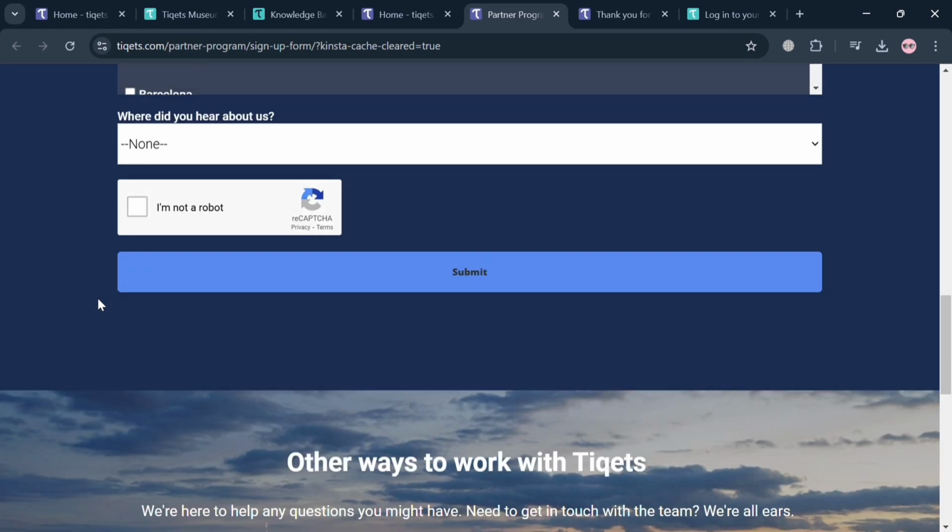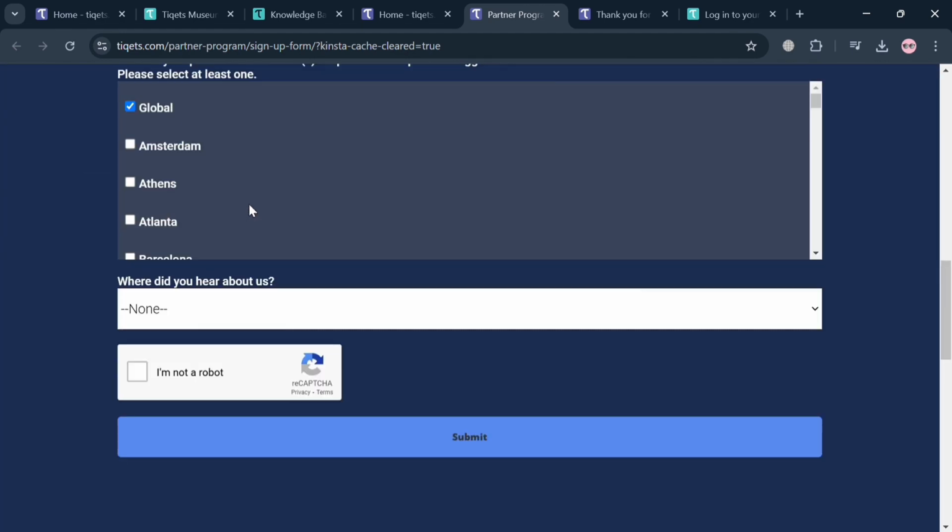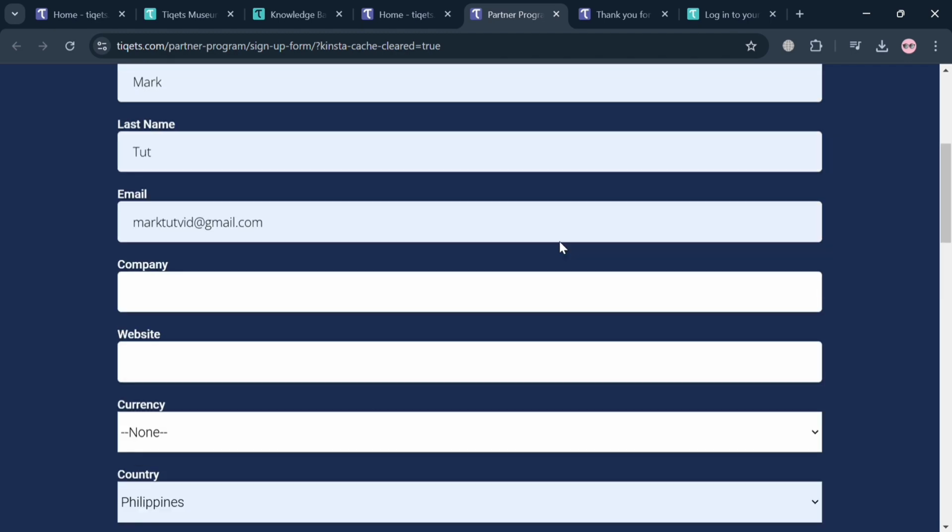And after that, the next thing that you need to fill out is: where did you hear about us? So basically, just choose where you heard about Tiqets. And after answering all of these questions, just click the submit button after doing the CAPTCHA. And upon clicking on it,